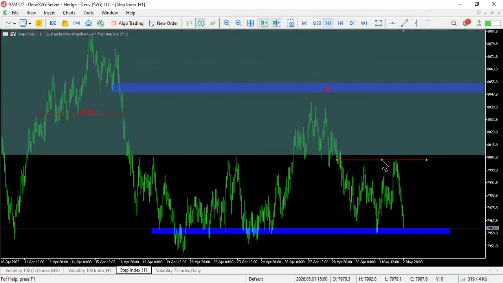So I'm seeing this as liquidity that price has to clear to go and tap into my order block and